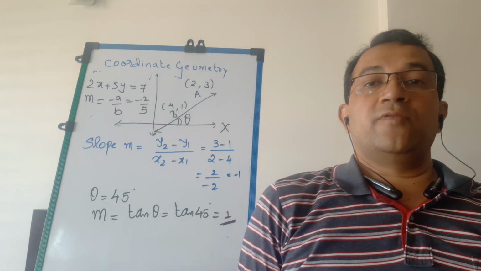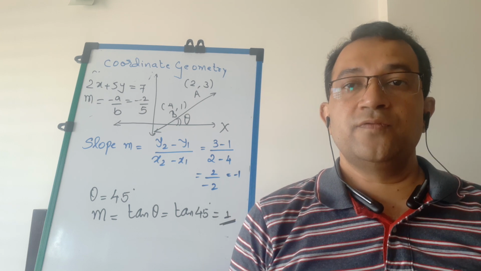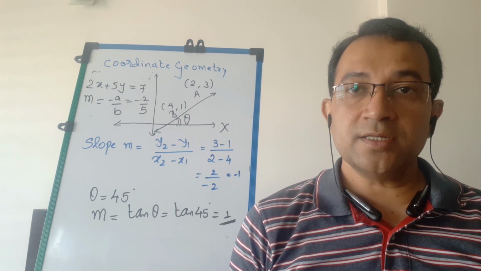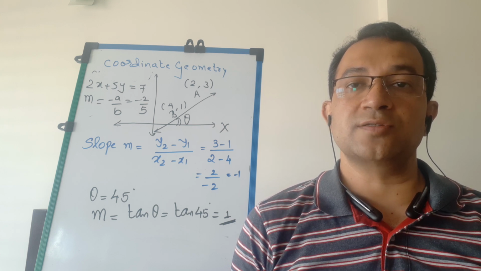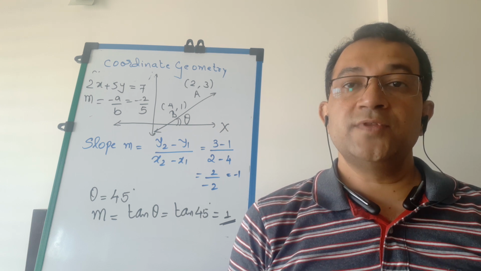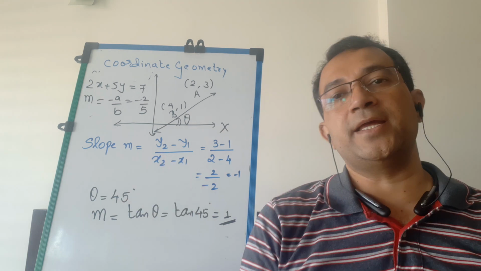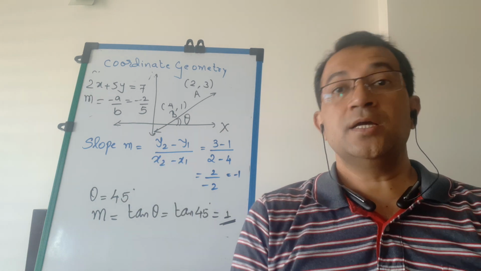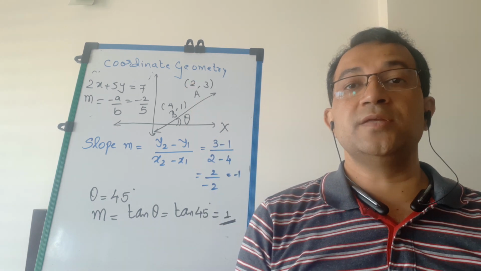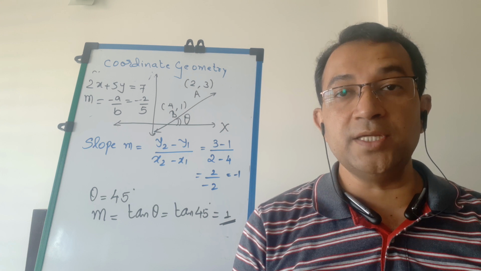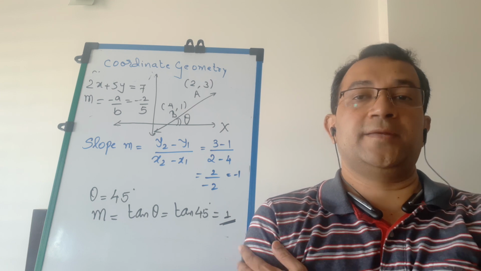So to find slope of a line, students, three methods are basically instrumental. First, if any 2 points on the line are given, then we can definitely find the slope as difference of y coordinates upon difference of x coordinates. Second, if the angle made by the line with positive x-axis is theta, then slope of the line is given by m is equal to tan of that theta. And third, if I know the basic equation of the line, then the slope is defined as m is equal to minus of a by b, where a is coefficient of x and b is coefficient of y.